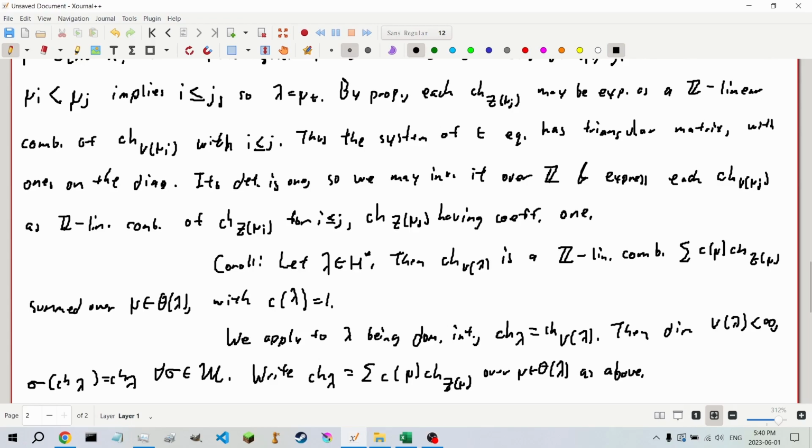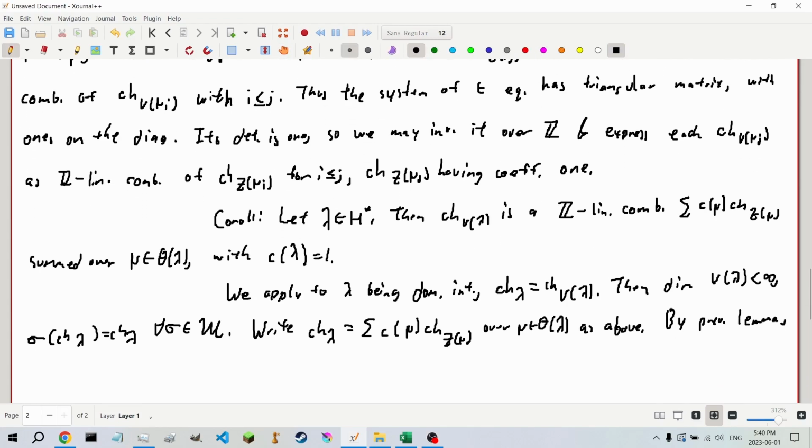So, by our previous lemma, the fifth lemma in the chain that we did at the end of last video, the convolution of q with the formal character of lambda is the sum of c of mu times e of mu plus delta,